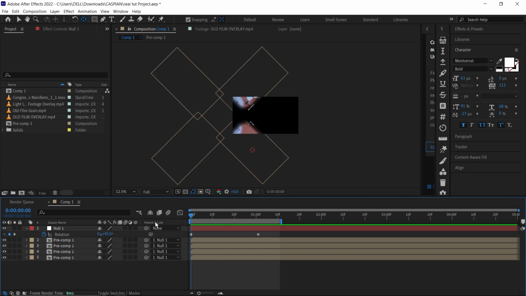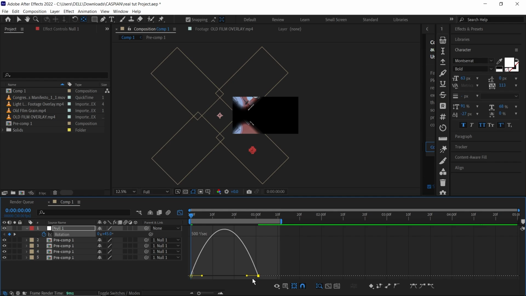Next, I'm going to select both keyframes, then press F9 to make it easy ease. Then go to my graph editor here and select this to bring up these handles. So I'm just going to drag this all the way to the side like this, then bring this back a bit so that it starts real fast then slows down. So let me play this back for you to see,